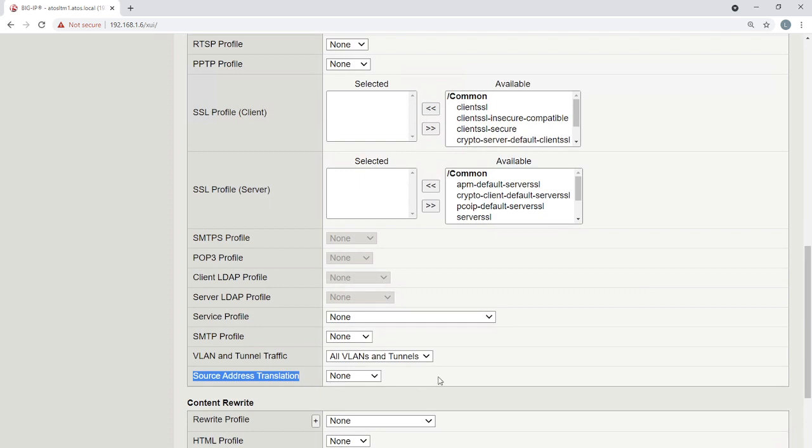None. So if I wanted to translate this to an egress interface, I can do that with the help of what? AutoMap. That's it. There is something called SNAT also. I'll tell you while we are talking about different types of virtual servers. Anyway, I'm just simply saying that AutoMap means the source IP address is going to be translated to the interface on which the packet is being sent out.